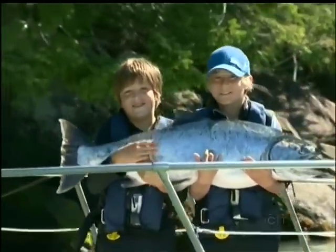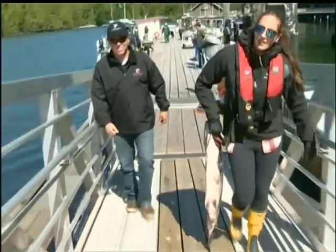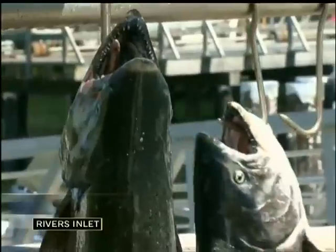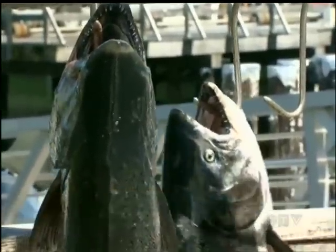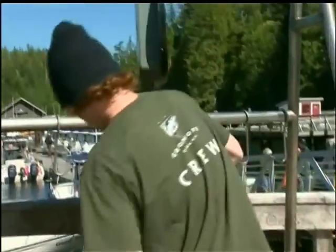Good job, guys. Thank you. They came looking for the big ones, and they found them at Rivers Inlet. The popular fishing destination is renowned for historically large Chinook, and today they're reeling them in. Well, you know, Rivers Inlet and the Wannock River Chinook salmon are so special. Wannock River Chinook are unusual in the fact that they grow to be such enormous sizes, often upwards of 90